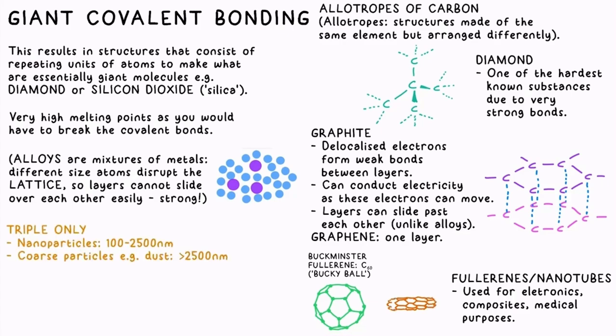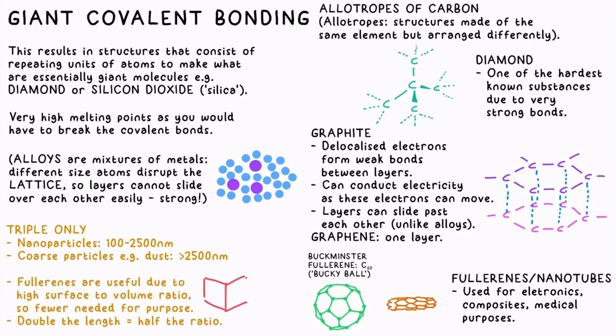Just real quick, nanoparticles is the term given to structures that are between 100 and 2,500 nanometers in size, whereas particles bigger than this are called coarse particles like dust. Surface to volume ratio is just 1 divided by the other. If the length of a side of a cube doubles, that means this ratio halves. As nanoparticles are tiny, this ratio is huge for them, which means that fewer could be needed to fulfill a purpose compared